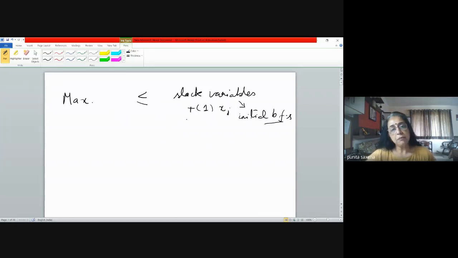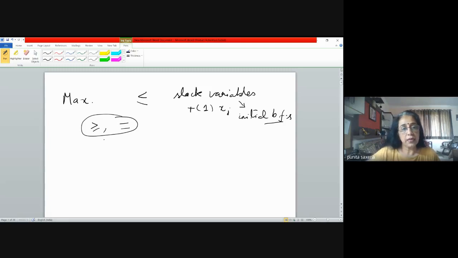But every time I cannot have a less than or equal to type constraint, and a more than or equal to type constraint cannot be converted to a less than or equal to type constraint, because then the right hand side will also change. And to be in the standard form, we want our right hand sides to be positive always. So we can have more than or equal to type constraints, and even equal to type constraints. In these cases, there is a problem.